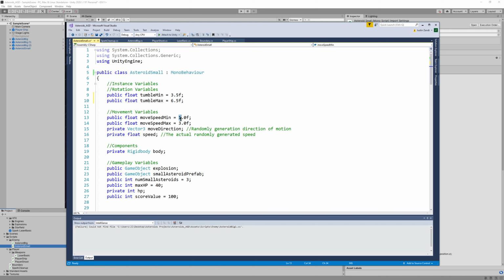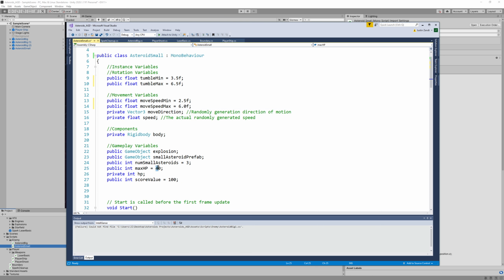We can adjust the speeds. Let's kick this thing up to like 2.5 to maybe up to like 6. So we've got just a faster object in the game. Give it 20 hit points. We actually will not need this small asteroids variable because it's not going to be spawning little ones. I'm just going to comment it out. And we don't need this small asteroid prefab either